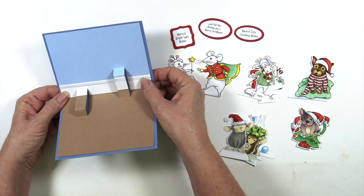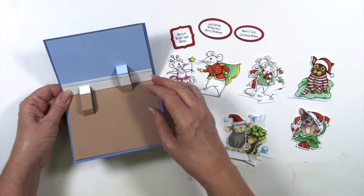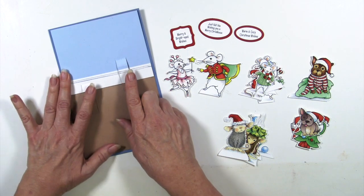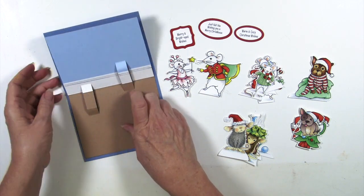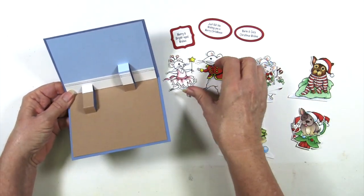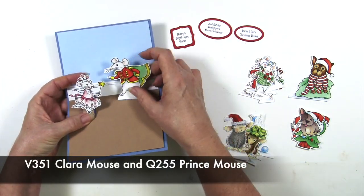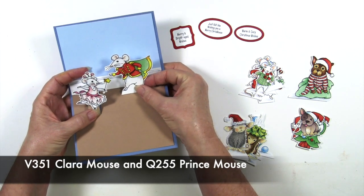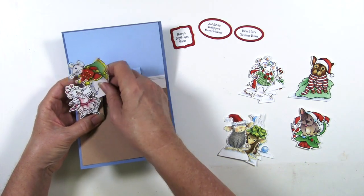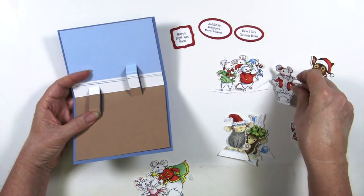I took my ruler and a color pencil and I drew two little lines to make it look like a baseboard and glue all of that together flat, and then die cut your number three dies going each way on the card, and that's all it takes here. And now you can see, if we put our little dancer in the front, and look at there, isn't that fun? And so you've got it for the little dance floor there for the Nutcracker characters, but also let's say